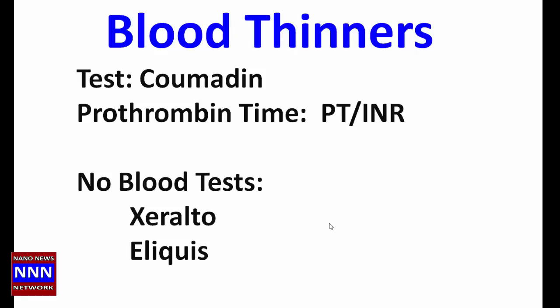A word of caution: when you are taking blood thinners, there is always a chance that you can bleed internally in the guts, or you can bleed in the brain. Those are the two most dreaded things that we need to be concerned about, and that's why if you are on blood thinners, you need to be very, very regularly followed by your specialist, cardiologist, lung specialist, or neurologist,